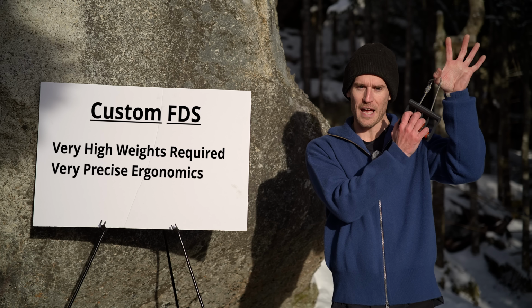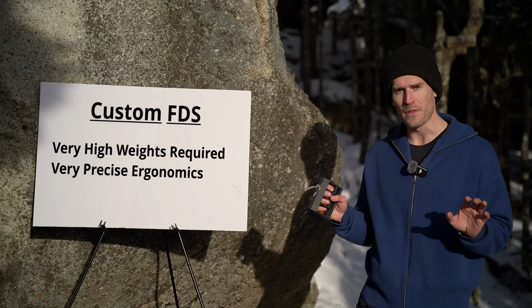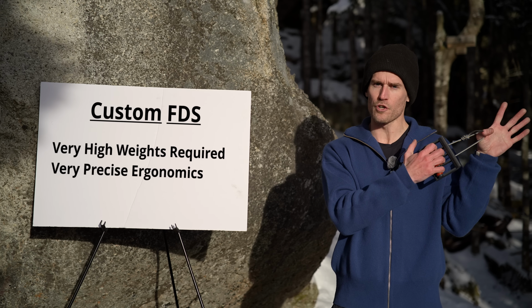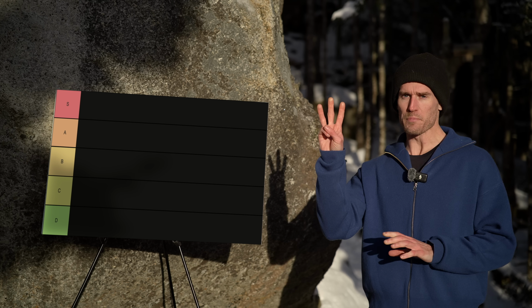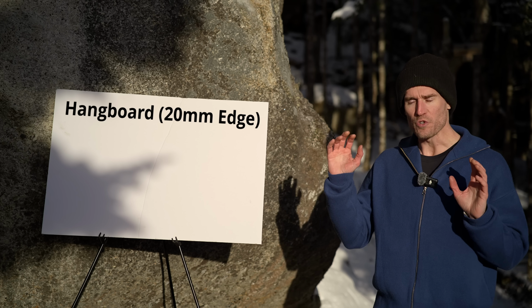The issue with the custom category is that truly custom ergonomics are even more important than with the FDP offset edge because the weights used here are up to 400% higher. Let's construct the tier list for the 3 primary options for training FDS, starting with the hangboard with a 20mm